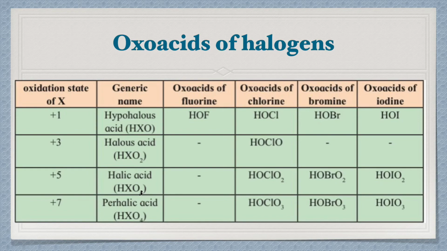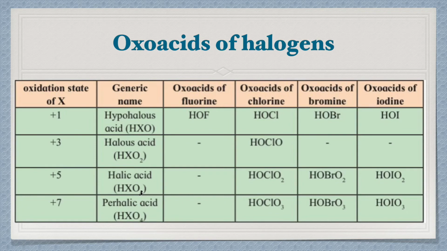So if I want to find the oxidation state of fluorine there, I will write it as: hydrogen, the charge is +1, so +1 plus oxygen, the charge is -2, -2 plus x is equal to 0. So I just have to solve it. -2 plus 1 will be -1. So -1 plus x equal to 0, so x will be equal to +1. So this is how you find out the oxidation state.